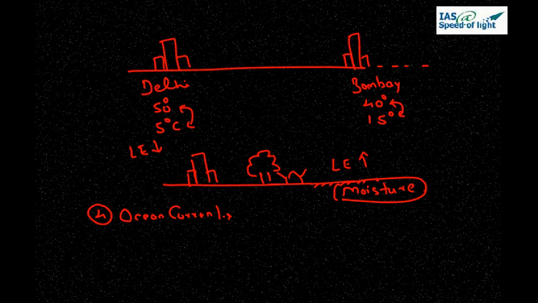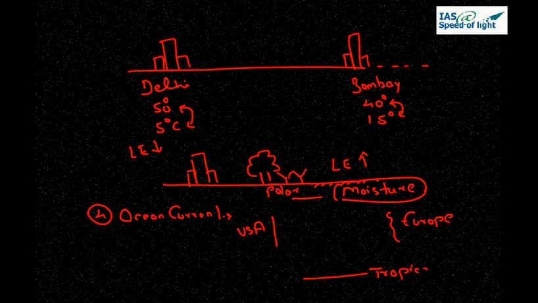So let's take an example. Here we have the USA, and here we have Europe. These are the polar regions, and these are the tropics. The tropics, which are getting the direct rays of the sun, are very hot. So what happens is, there is a warm current from the tropics to the polar regions, and we call it the Gulf Stream. What it is doing is making the polar regions less cold. They are cold, but less cold because of the warm current which is passing from the